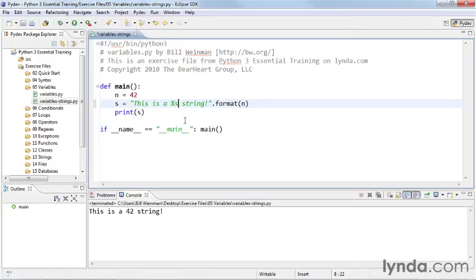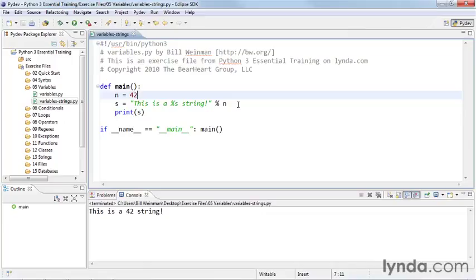I'm going to put a %s here, and over here a % sign and the letter n. And so we'll save that, and we'll run it, and you see we get the same result. This is the way that it was done in Python 2, and this was a bit of a hack. It's perfectly valid, and you'll see it a lot. You'll even see it some in new Python 3 code that's written by people who are used to Python 2,